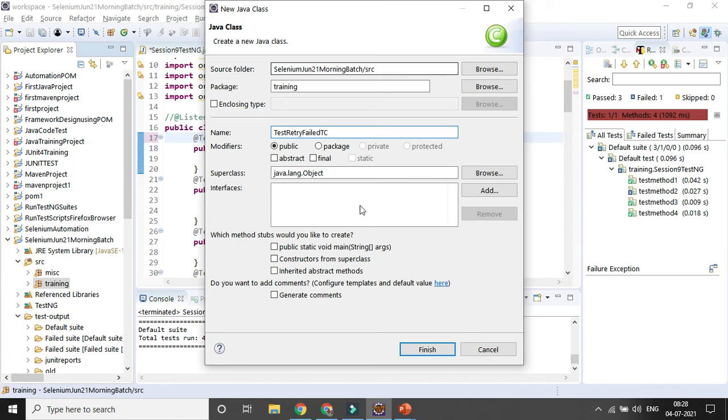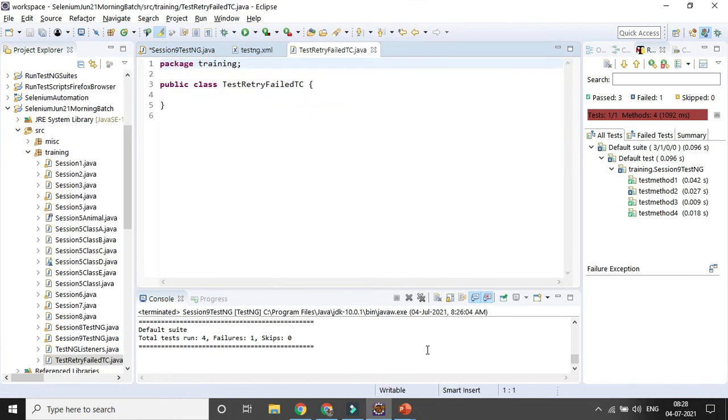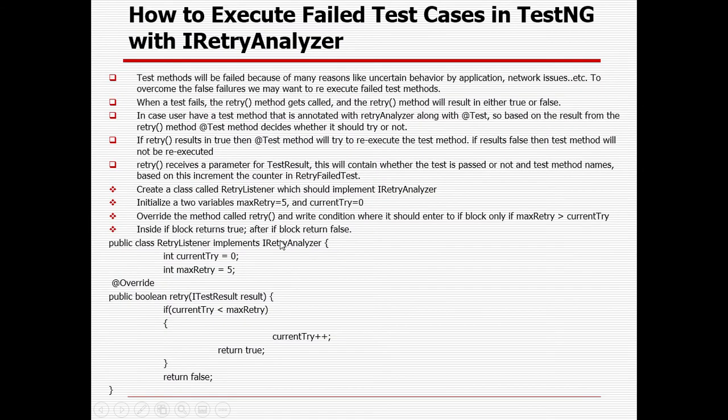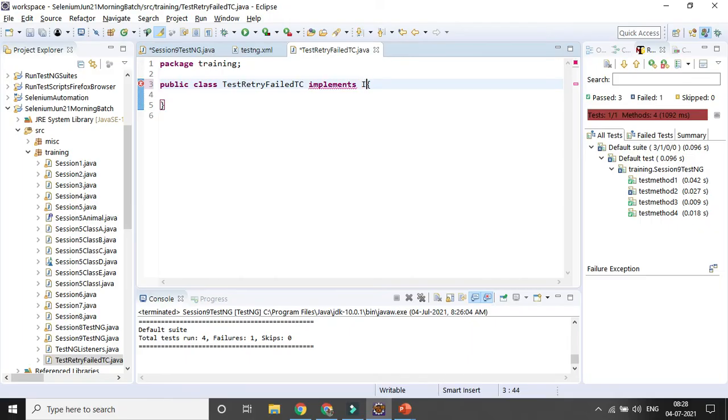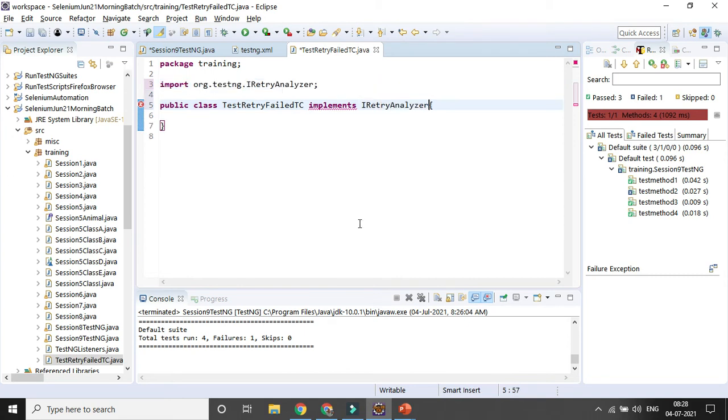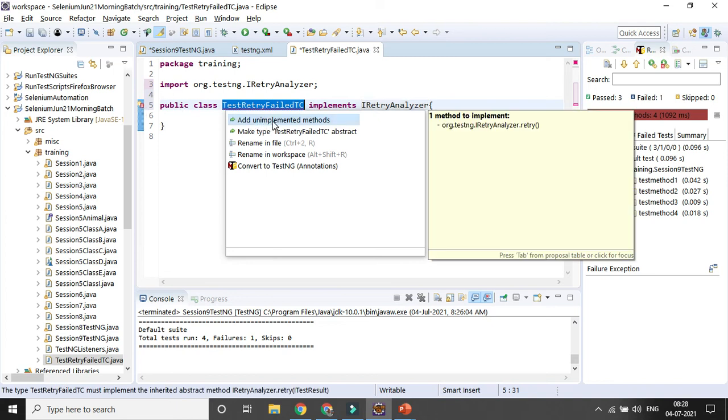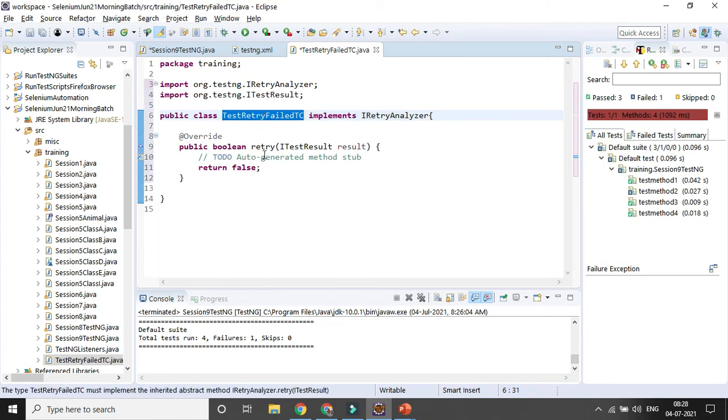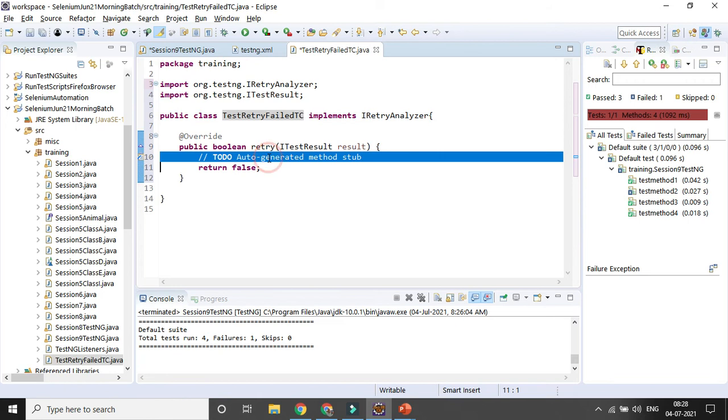Okay, TestRetryFailedTestCaseOnly, and which will be implementing the interface. What is the name of the interface? IRetryAnalyzer. Okay, now we also need to add unimplemented methods, right? So this is the method, you can see by default it is coming, right?